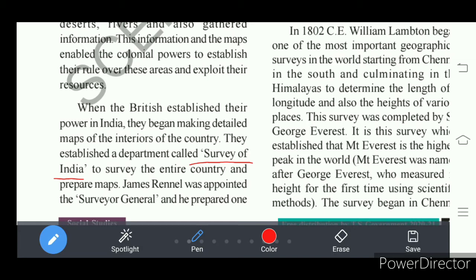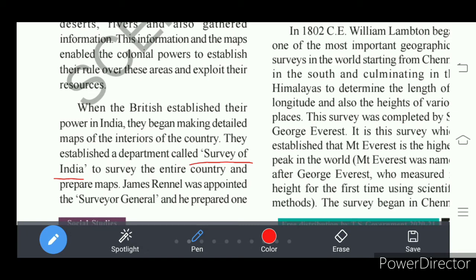Now, where is the Survey of India? It is in Hyderabad. Understand? So this Survey of India is a department. This department's work is to prepare the Indian map showing